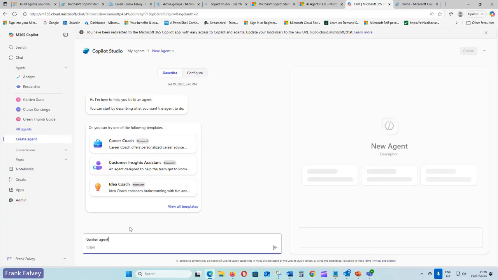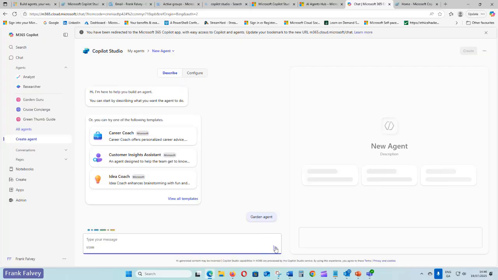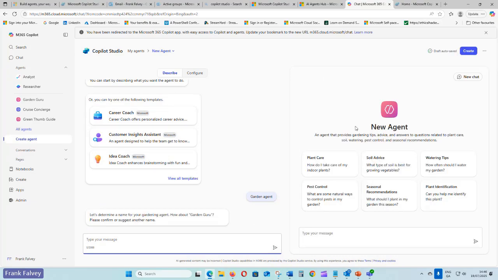I just put in garden agent and I'm going to hit enter, and we'll see what the Copilot comes back with. You can see on the right-hand side, it started to build an agent already: plants, soil advice, watering tips. It says down here, let's determine the name of your gardening agent. How about Garden Guru? Please confirm or suggest another name.